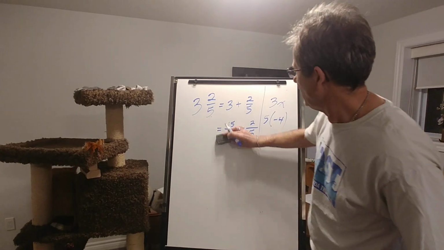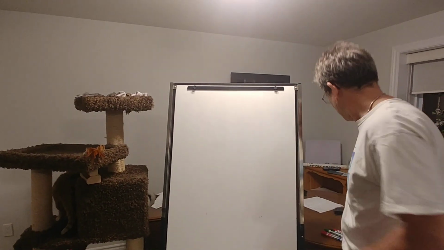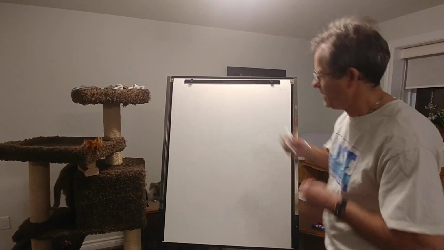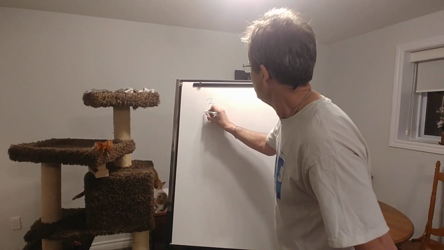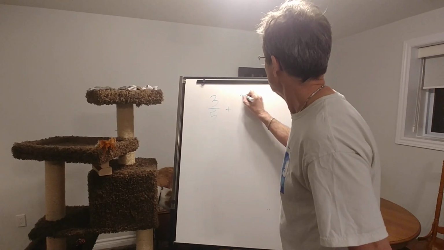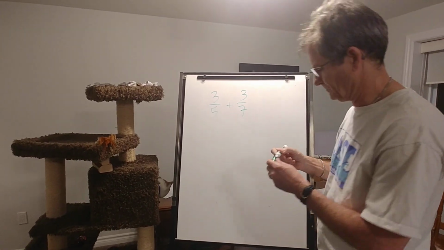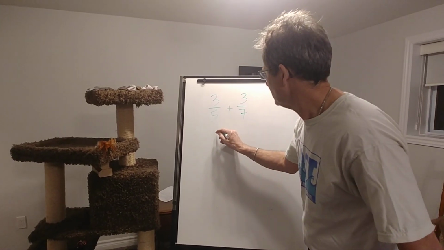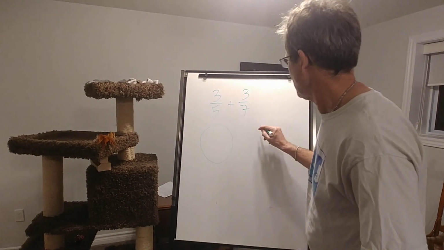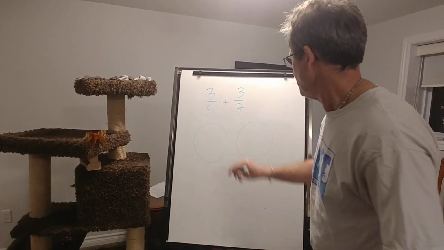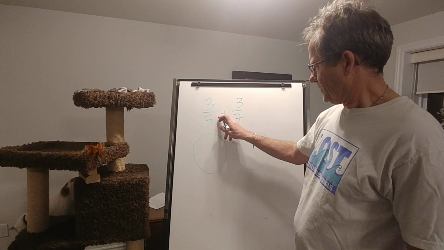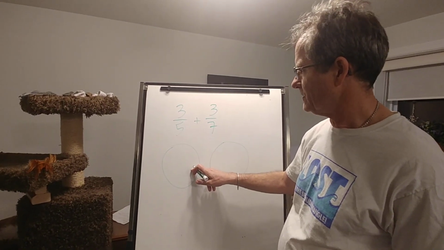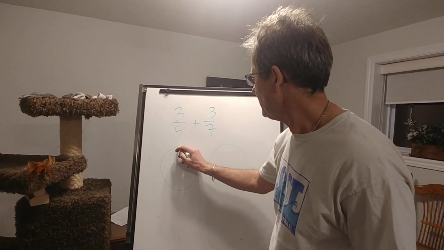Now let's add a couple more complicated fractions. Let's say we add 3/5 and 3/7. If I draw a picture of these fractions using a pie graph, so to speak, or a pizza, 3/5 is this pizza divided into 5 equal parts, and you take 3 of them. It's not that easy to do,